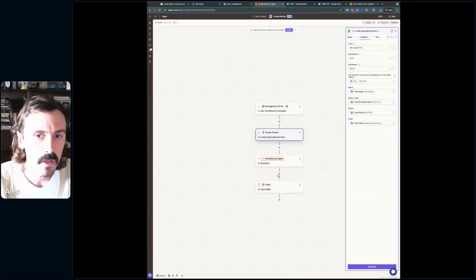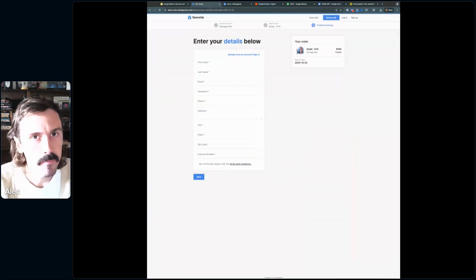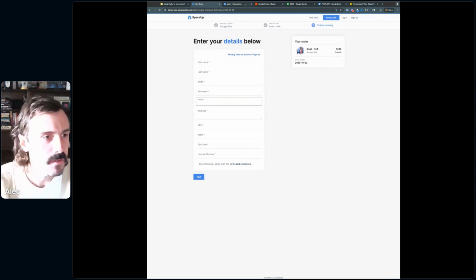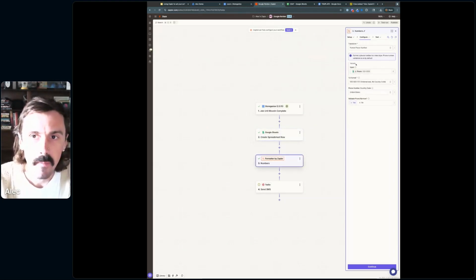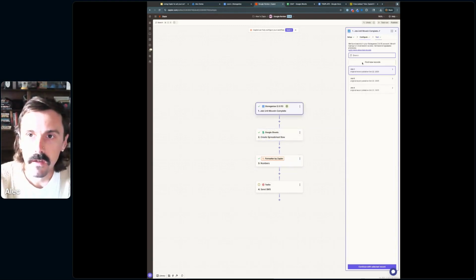And in my case, what I also wanted to show was that Zapier can format numbers. So in this case, you have a phone number field on your Storeganise customer portal. But people might do what people do and type in phone numbers any way they want to type it in. So you need to standardize that in order to get it to format correctly and go to your SMS or your email client correctly. So what I've done is I've added this formatter by Zapier. So if I go in here and test, I can